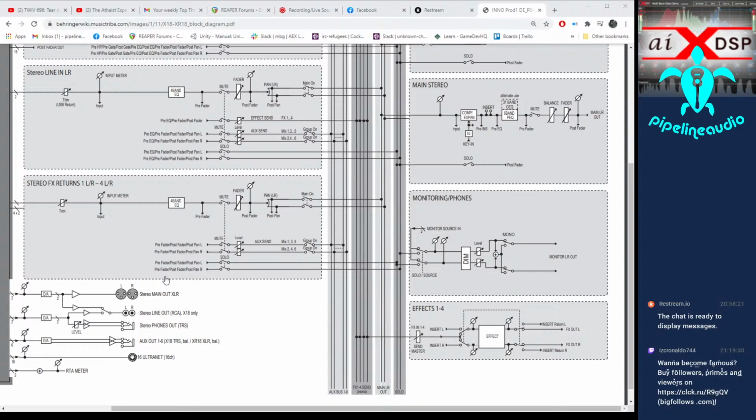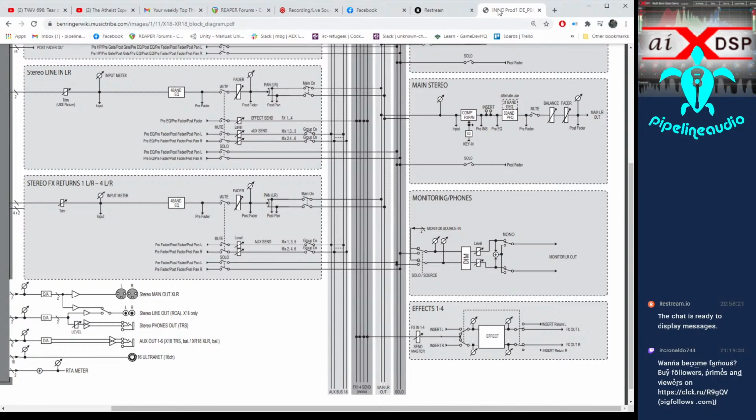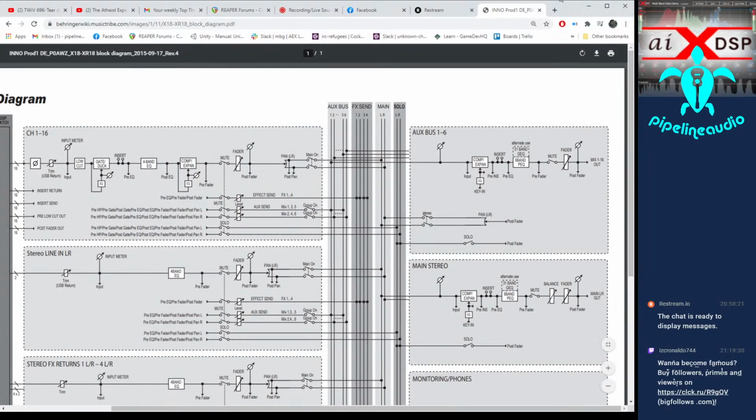Yeah, if you're not using headphones, you can probably just take a Y cable and plug from the headphone outs into that thing. Looks like you can choose a lot of different places for those headphones, or you could use the effects sends. It looks like a bunch of different places you could, but looks like I lost your mic. And I'll go and stop this now. I don't really know how to